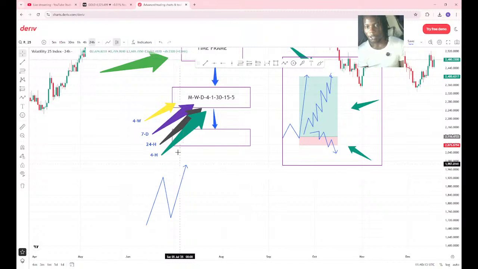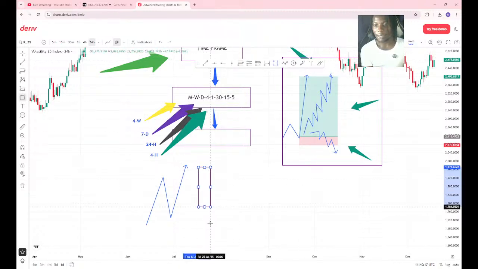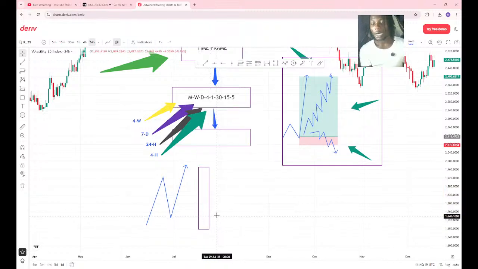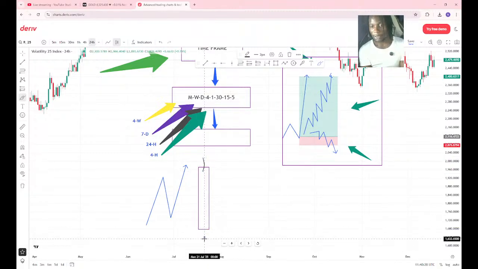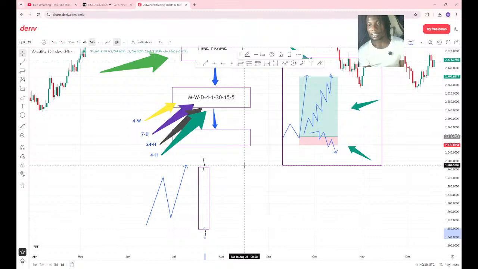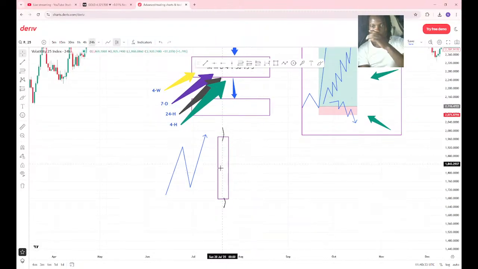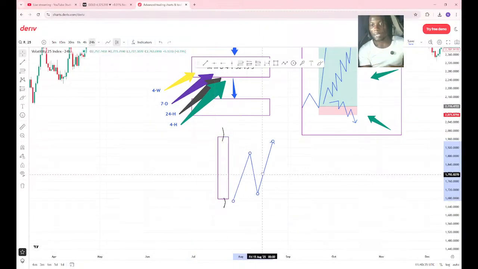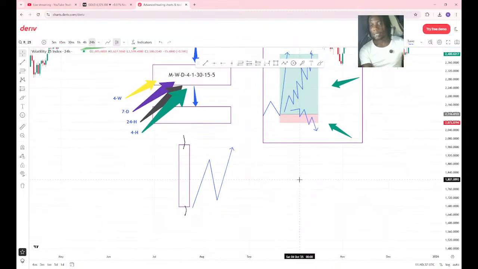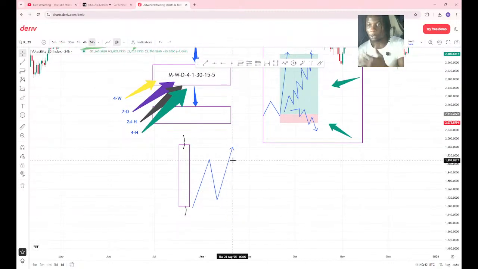So we might be on the 1 hour, or let's say we are on the 30, let's say we are on the daily. The daily time frame is like this, and we are about to scalp. Since the daily is like this, this is what will be inside the daily candle, because we are looking for what? Trend. What is trend, guys?